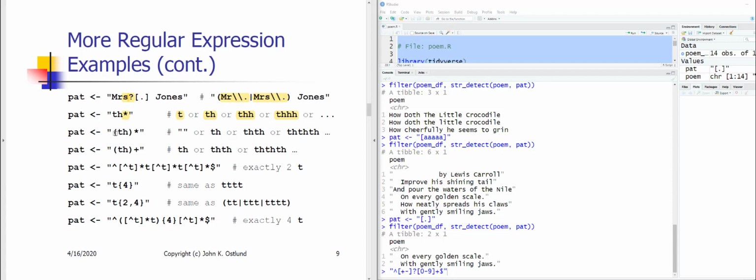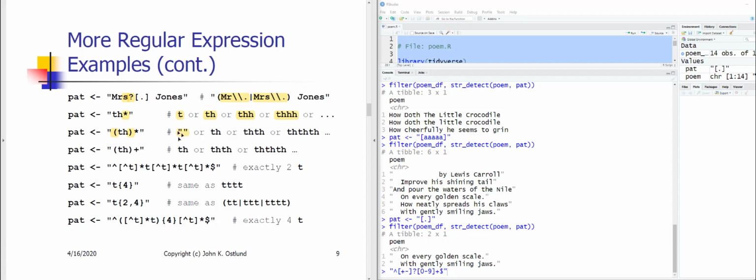One of the important uses of the parentheses is that you can use it to create a sequence or a group of characters to which you can apply the star, to mean you're interested in looking for sequences of 0 or more of that sequence. All right, so 0 or more of th